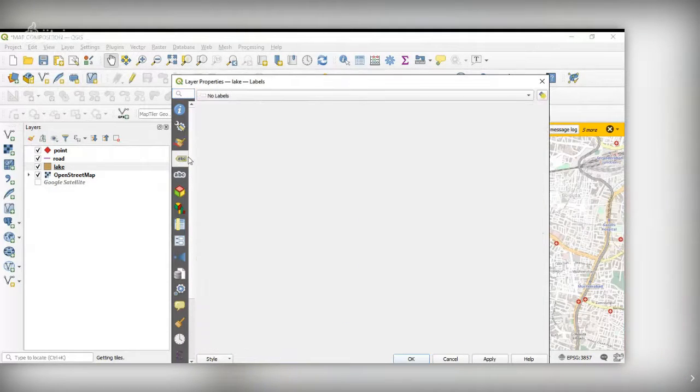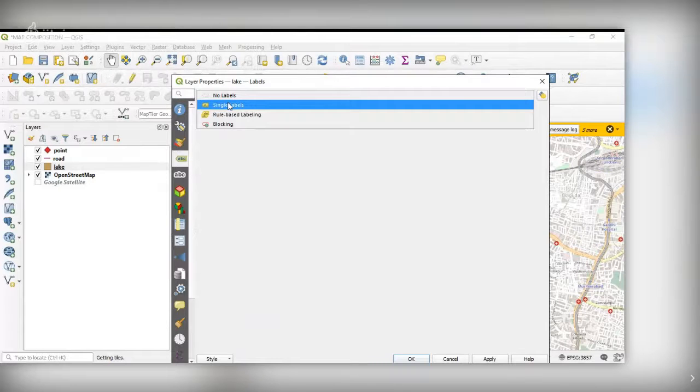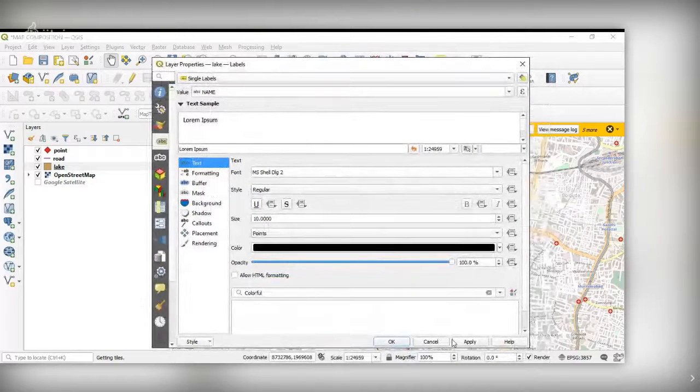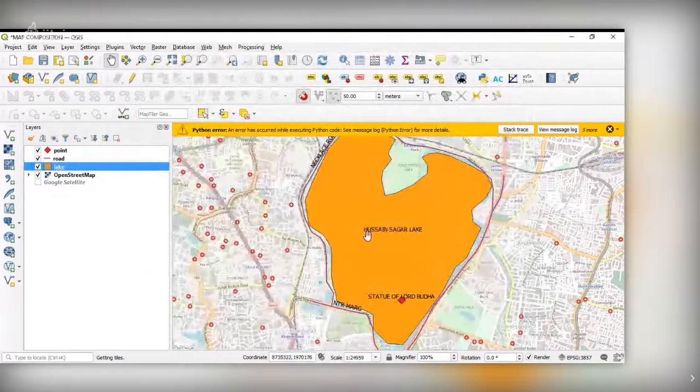Lake is not labeled. Single label, and the field to be labeled is the name, then apply. Okay. So here this is Hussain Sagar Lake. We'll change it to some blue color.